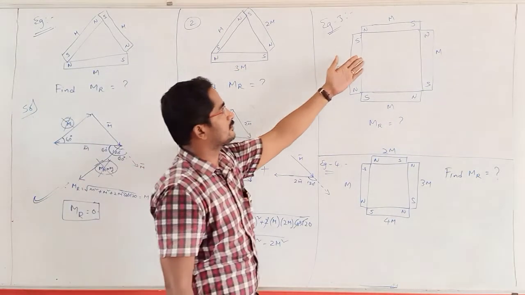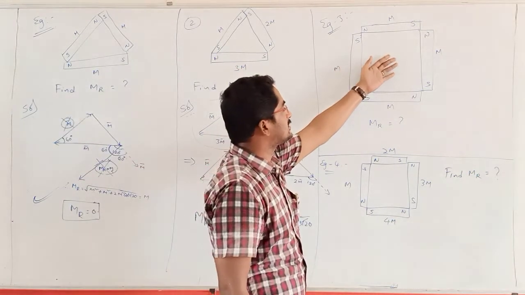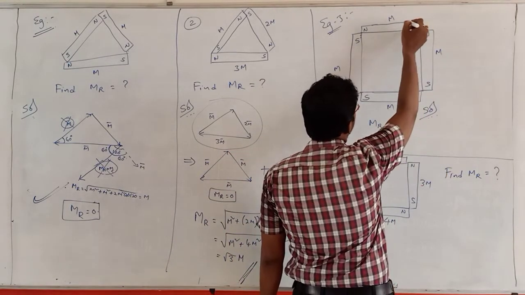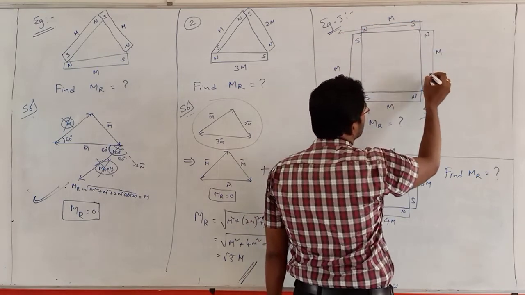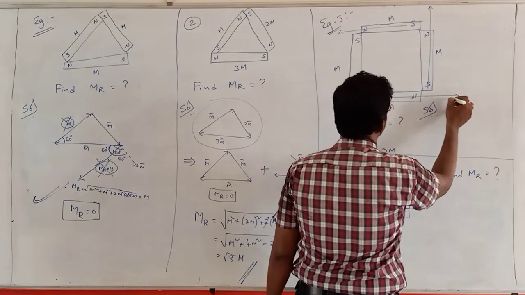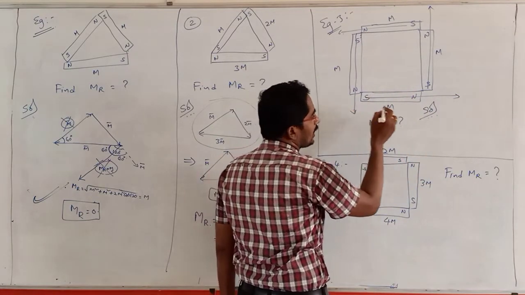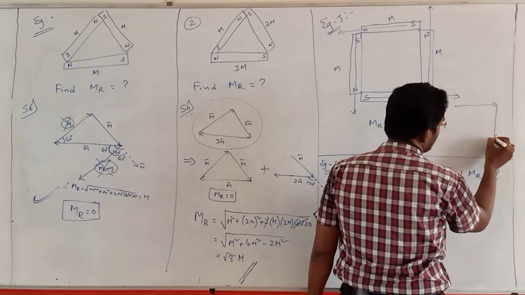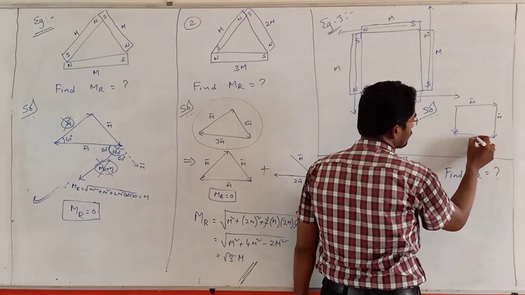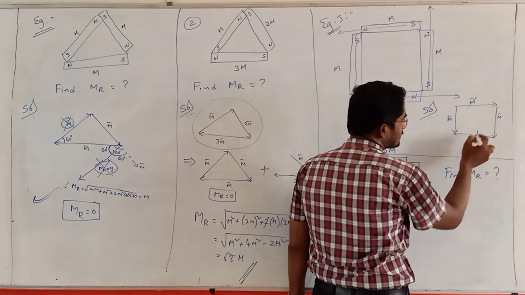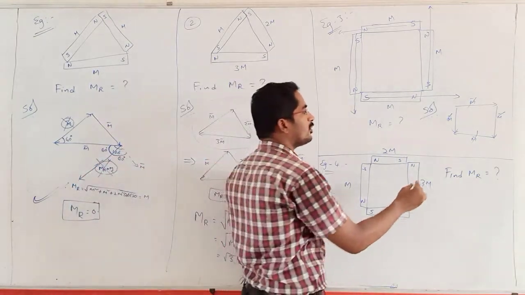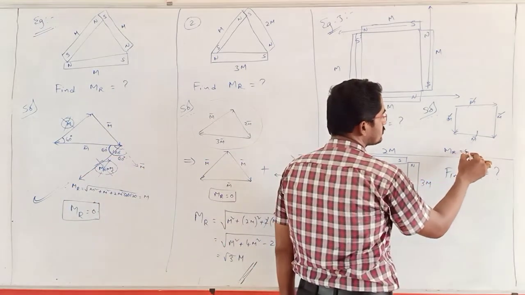Now come here. What about the resultant magnetic moment in this case? It is a very simple example. The m bar direction is this, here the 2m bar direction is this, and here this is south to north. Like that, four vectors are inclined like this. What about the resultant moment? This one cancels, this one cancels, because both are opposite. So the resultant moment value is 0.